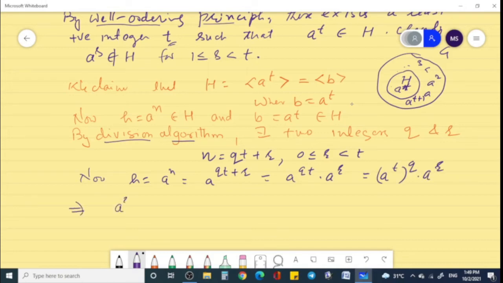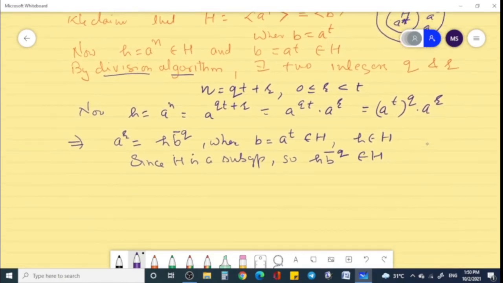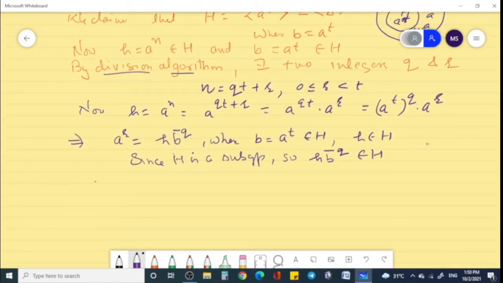That implies a^r equals h b^(-q), where b is a raised to power t belongs to H and h belongs to H. So this right hand side belongs to H, since H is a subgroup, so h b^(-q) belongs to H by the closure property and the criteria of a subgroup. So this belongs to H. That implies a^r belongs to H with this condition,